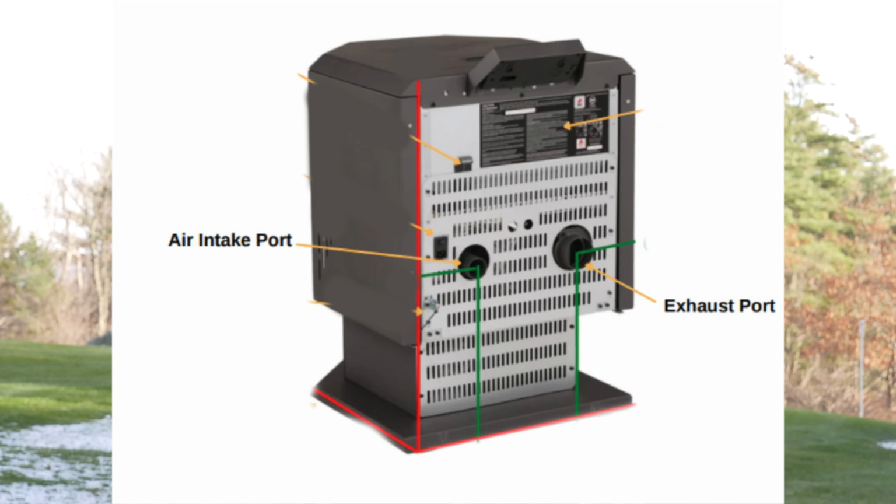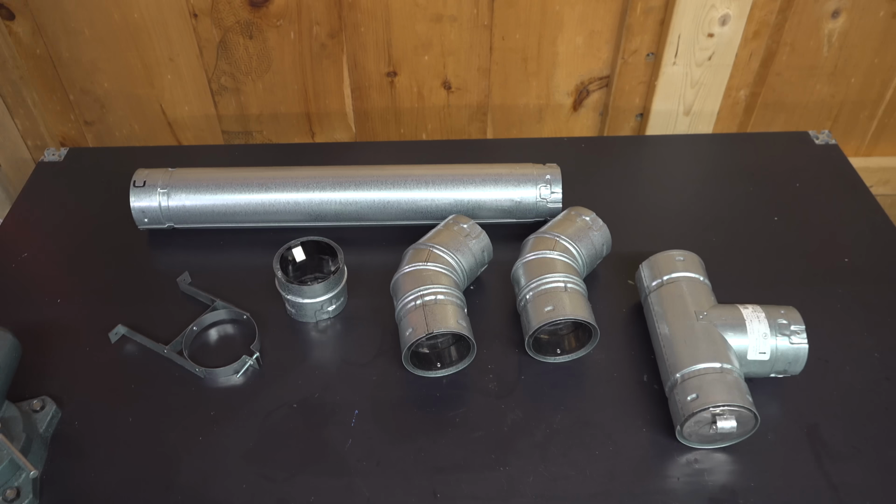Your stove needs both air in and air out. That will prevent the stove from sucking the oxygen out of your room. So by getting a stove that has both an intake and an exhaust, you don't even need to think about it. Now when it comes to venting, the main thing you need to be concerned with is you've got to